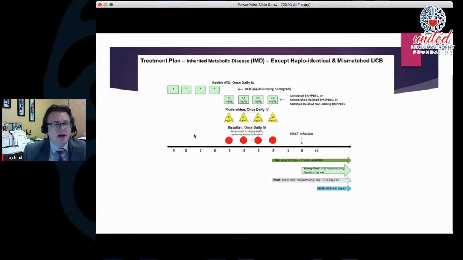And the rationale behind the chemotherapy comes from the leukemia and lymphoma field, where transplant has lots and lots of history, is that we don't want to eradicate a leukemia, but we do want to eradicate that old immune system in the child. And so the only way we knew to do that is with high doses of chemotherapy. And I should add that this chemotherapy is the same whether you're getting gene therapy or getting an unrelated donor transplant or related donor transplant. So it's the same drugs, and they come with their share of side effects as well. But fundamentally, this is what it looks like just prior to transplant.